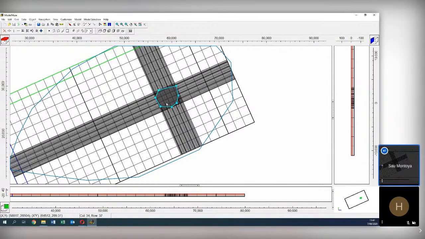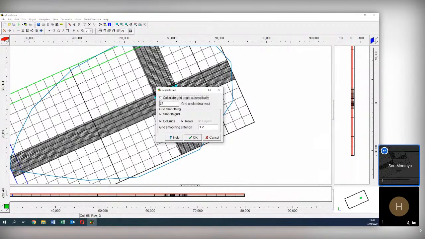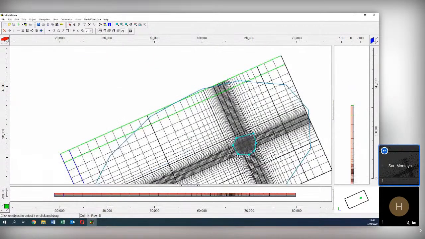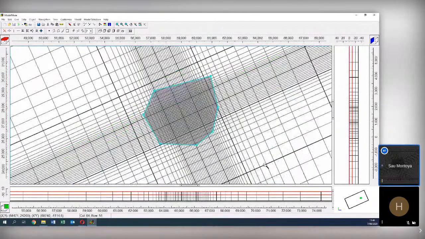It works very well: you just have to generate the grid, make sure this option is selected, and then type OK. As you can see, the algorithm has smoothed the grid to pass from this refinement to this refinement, crossing intermediate refinements that bring you more numerical stability.